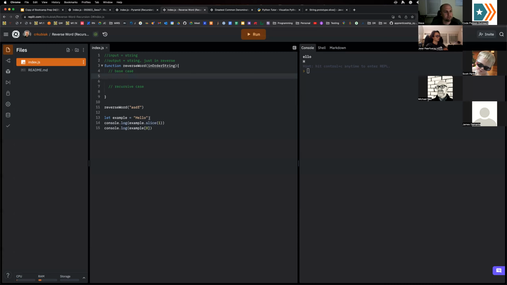So I would say here for my base case, if in order string is equal to that, return that, right? So that'll be the last thing I do, I'll return that empty string, and that's going to fire off the chain of events where I'll start returning the rest of the words, right? And so now my recursive case, right? So we'll say, oops, else